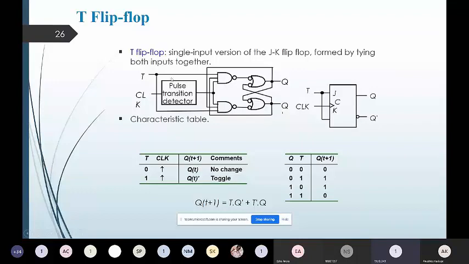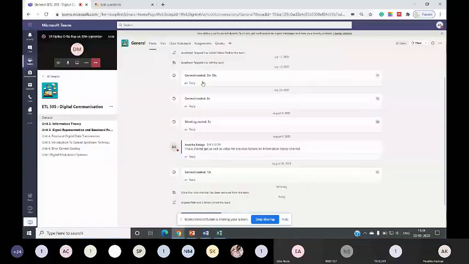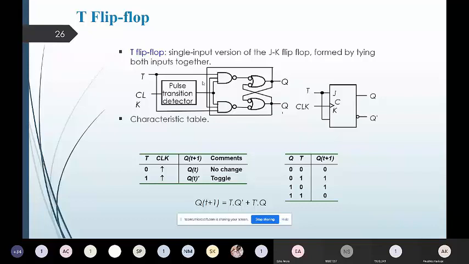Okay. I will go for the next flip-flop, that is the T flip-flop. I was telling regarding the next flip-flop, which is the T flip-flop. And the T flip-flop is nothing but the single input version of the JK flip-flop. Just as we converted the SR flip-flop to the D flip-flop, here we are going to convert the JK flip-flop